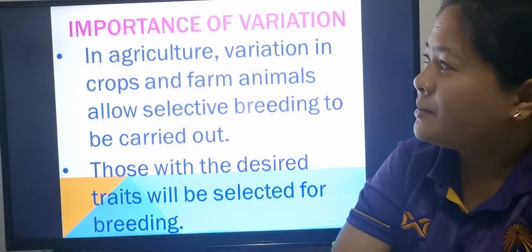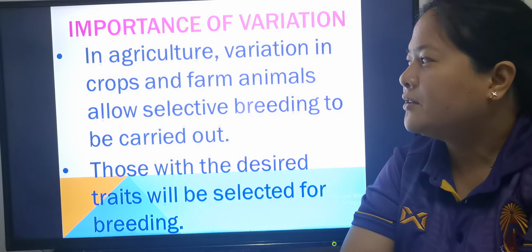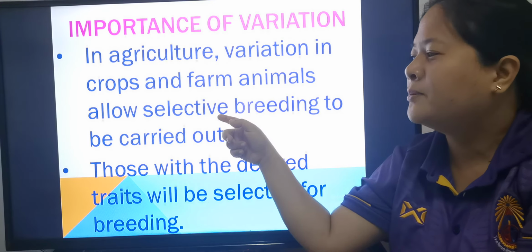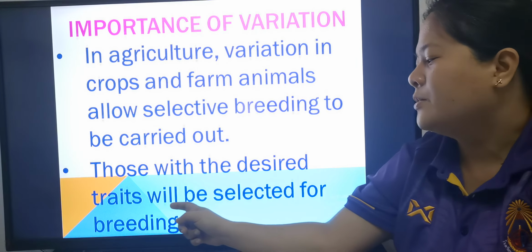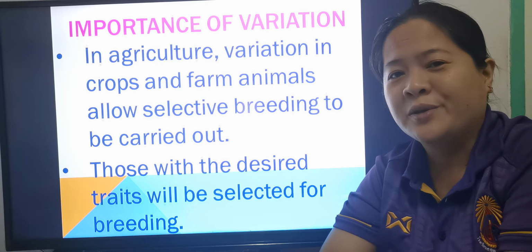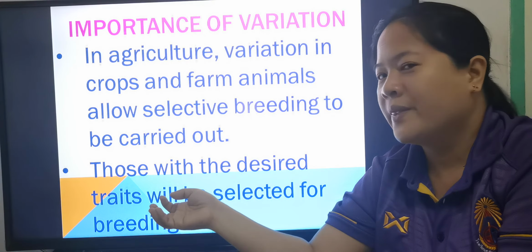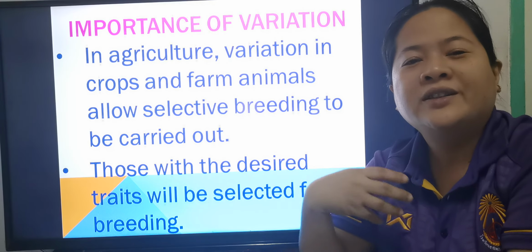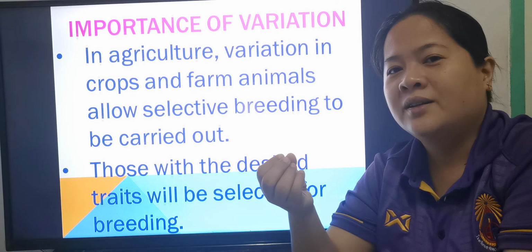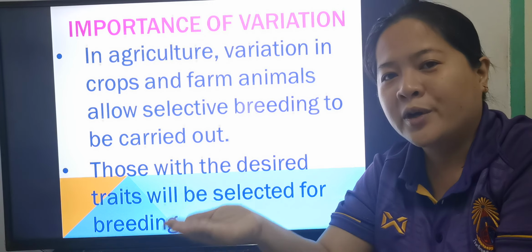And this one is also the importance of variation. In agriculture, variation in crops and farm animals allows selective breeding to be carried out. What do you mean by selective breeding? Those with the desired traits will be selected for breeding. For example, you have dogs at home and you want to reproduce them, okay? So you will choose the desired traits that you want. Maybe you want the next babies to be brown, so you will choose the dog that is brown right now,